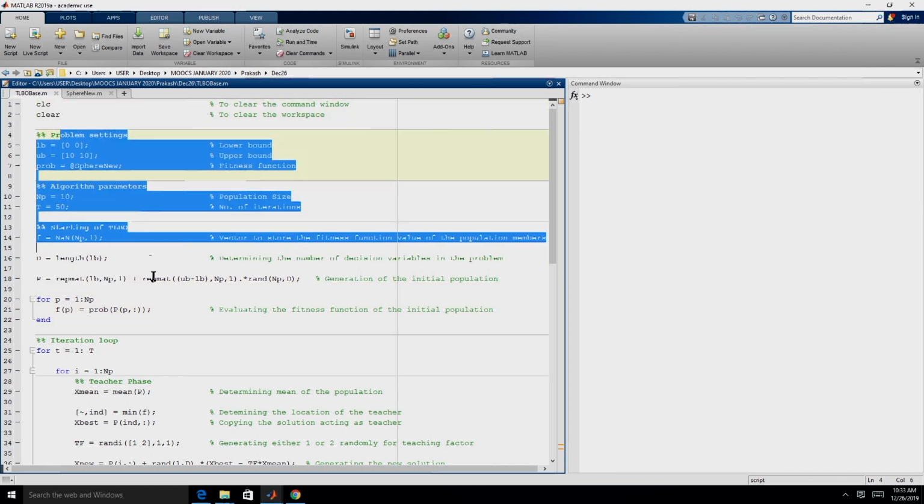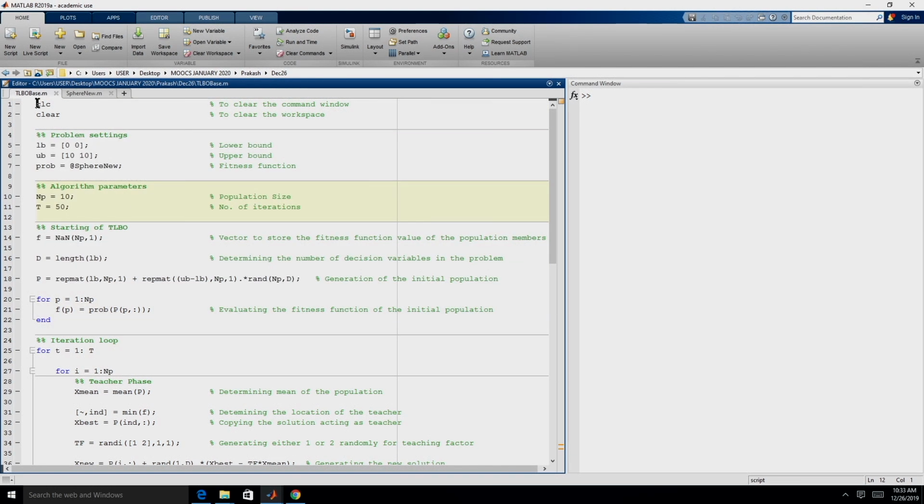So, this is the code in the editor, what you see is the code of teaching learning based optimization, right. So, the first line is CLC, right. First we will just browse you through the code and then subsequently we will come through this code again in debugging mode. So, we will be able to understand better. So, what we are doing first is clearing the command window using the CLC command, right, and then we do not need any of the variables which are already defined in the workspace.